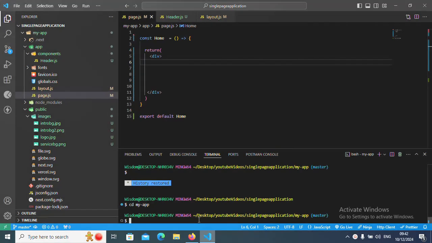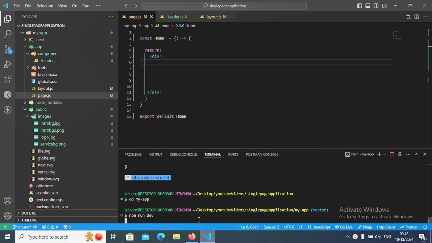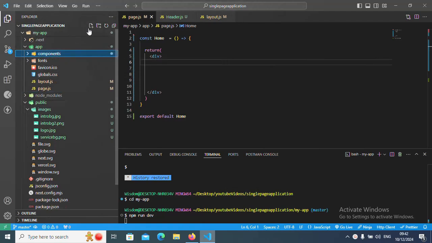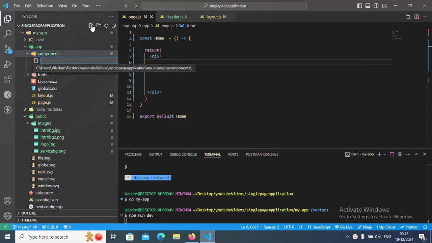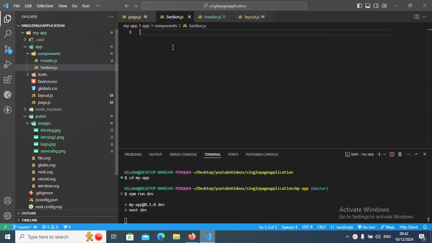Alright, I'm going to put on the development server right now. That is npm run there, and we already add the other component. Let's create another component called sections. So for that, I'm going to create a new component called sections.js. Then I'm going to run RAFCE